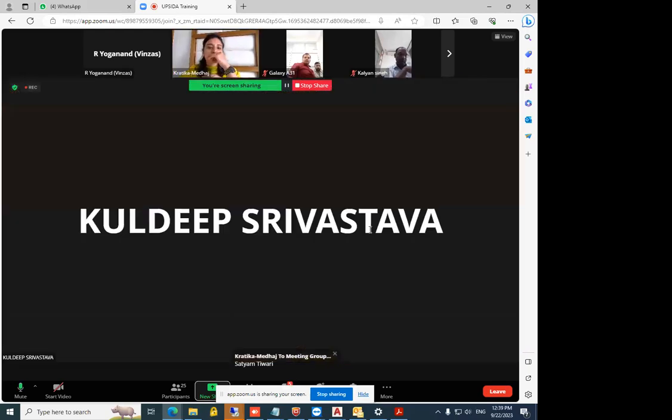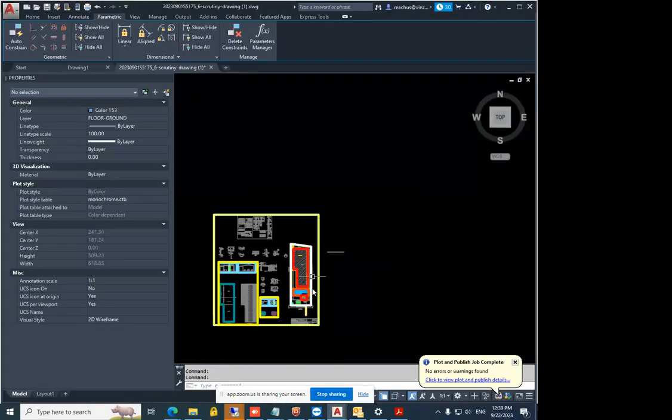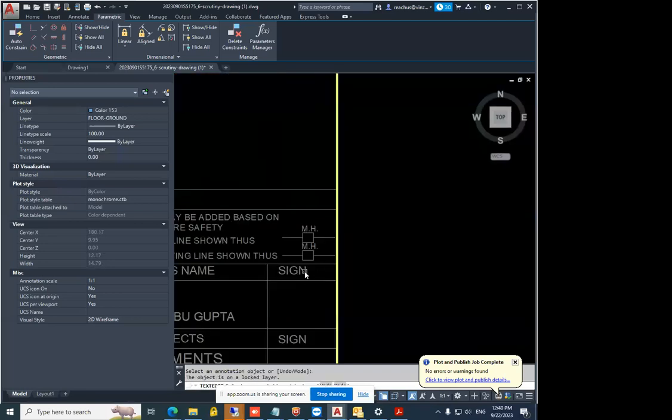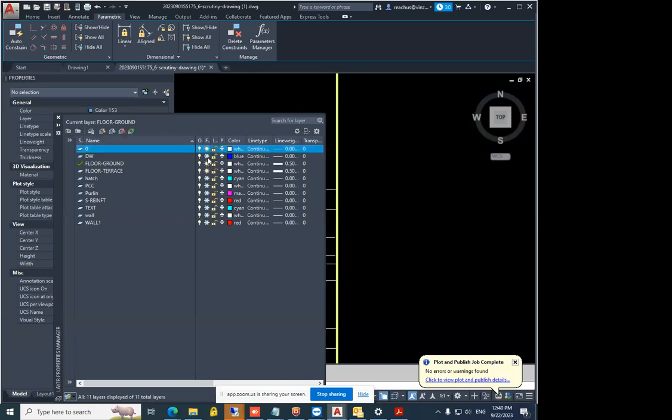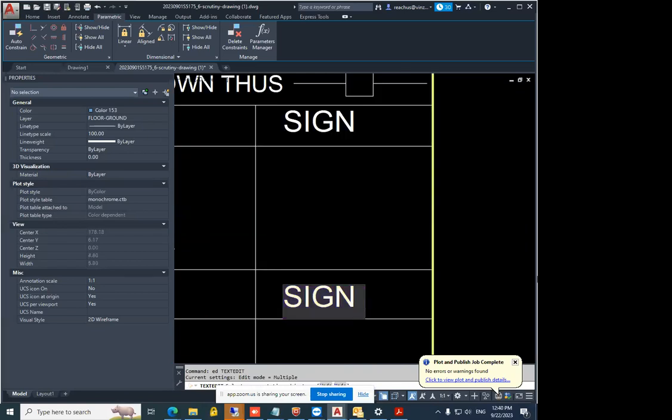Yeah, I'm here. Actually, what we have done is, in most of the cases there will be some object. Say for example, sometimes some of the people will do this: the text will be coming outside that color 61. Due to that also error occurs, but which will not be identified by you. Say for example, what they will do is